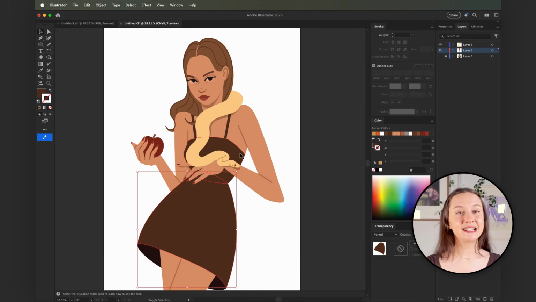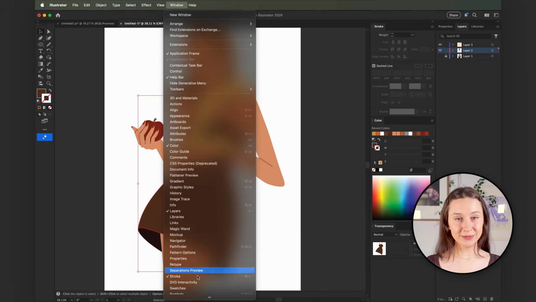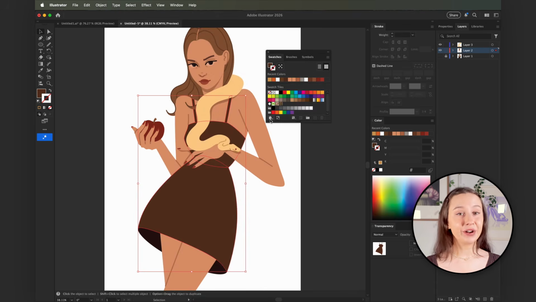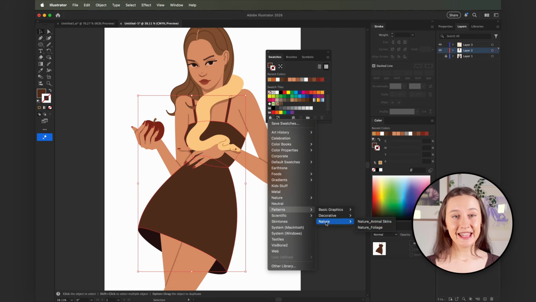Okay, so now select all of the top layers of the dress. You can do that by holding down the Shift key as you select the different shapes. Now open up your swatches panel. And in the bottom left, click on this icon. This will open up your swatches library. And there's a lot to pick from here, but we're specifically looking for the snakeskin pattern. So go down to Patterns, Nature,